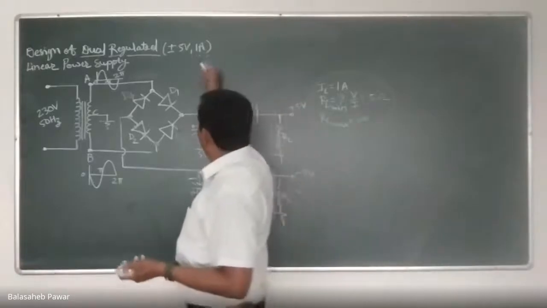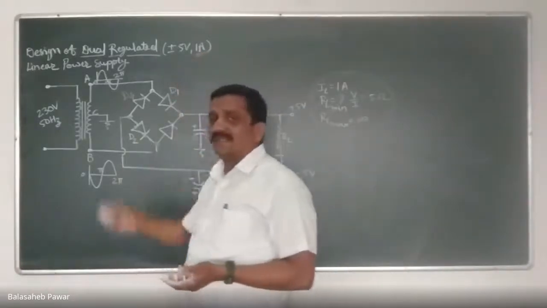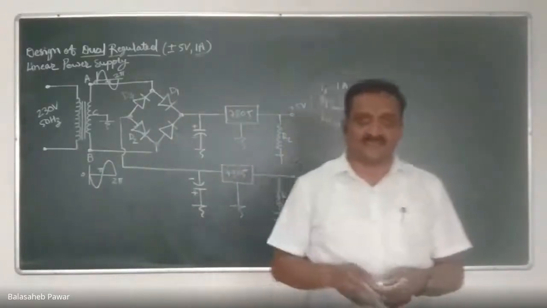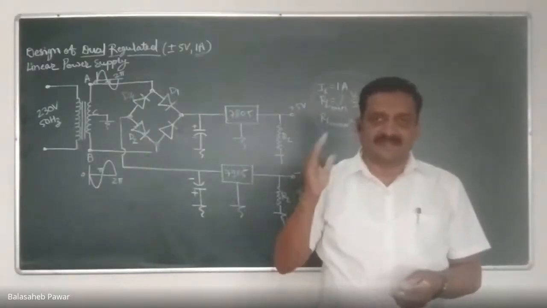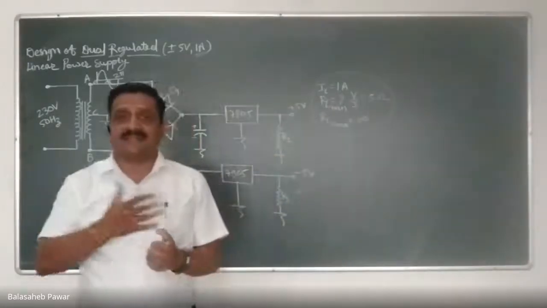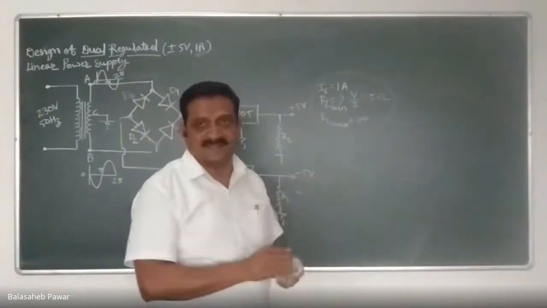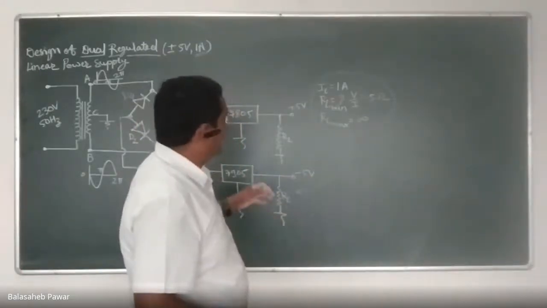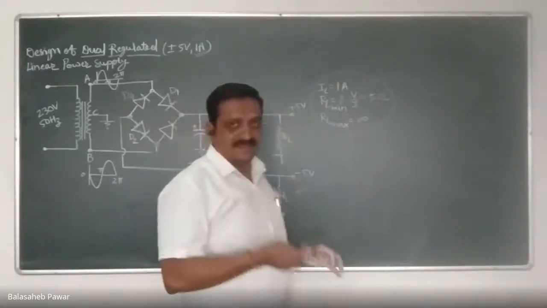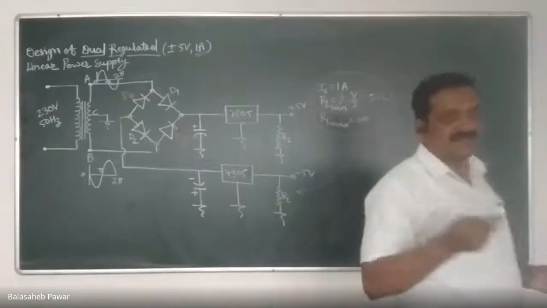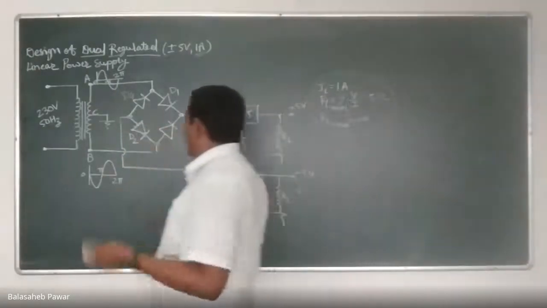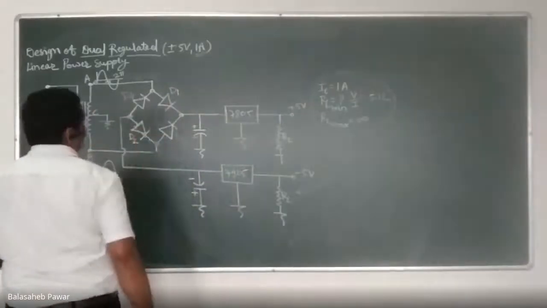Similarly, at full current rating, that is 1 ampere, there will be a heating problem with these regulators, and that's why we have to prefer a heat sink. Even if the current is somewhat less than its maximum current providing capacity of 1 ampere, whenever we take the maximum current from these regulators, there is a need for a heat sink. Because of that maximum current, these IC regulators get heated. The junction temperature increases, and that's why it gets heated.